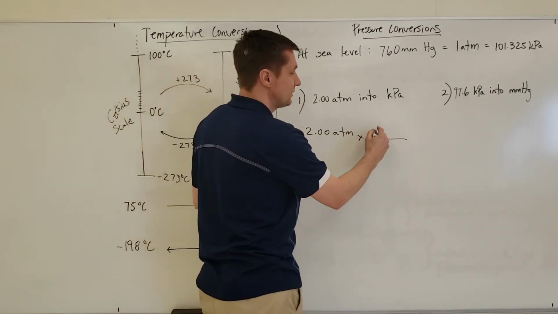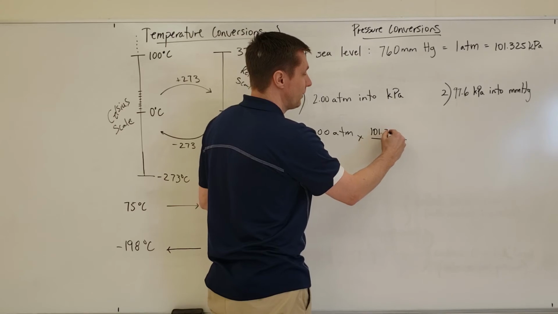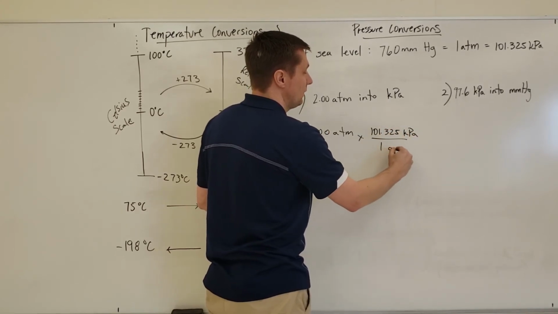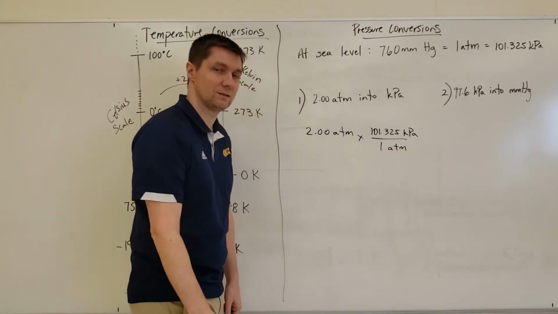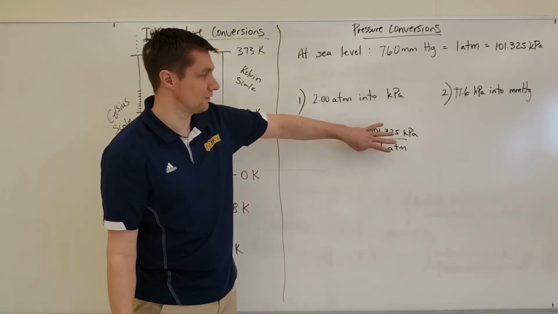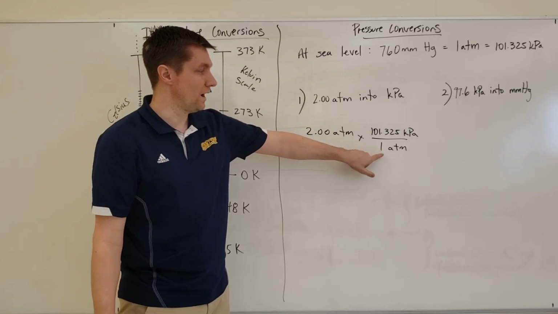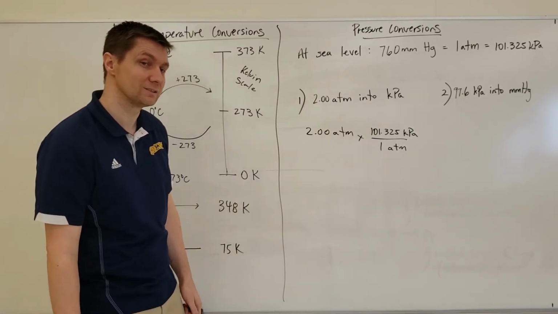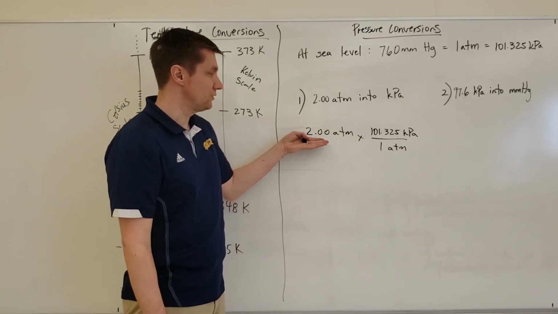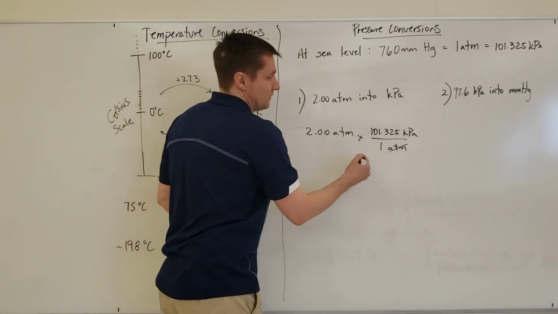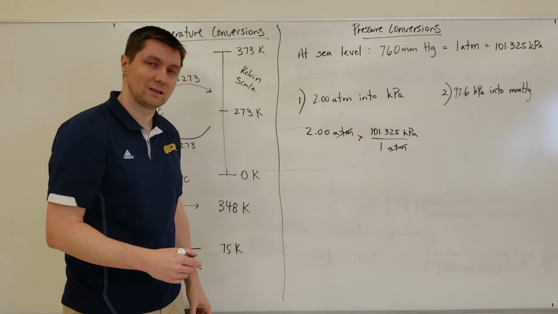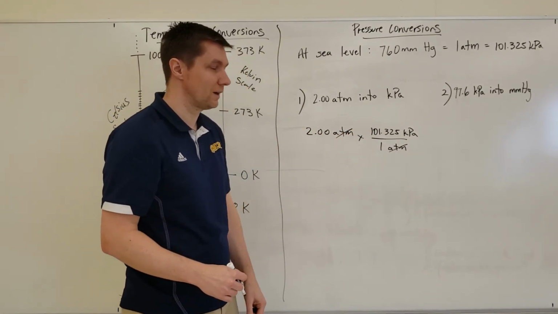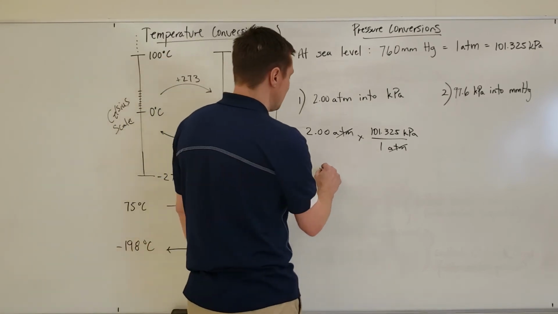So I want to make sure that I'm sticking what I'm looking for on the top, 101.325 kilopascals. And what I'm not looking for, or what I want to cancel out, on the bottom. And this is the conversion factor. I know that for every atmosphere that I have, I'm going to have 101.325 kilopascals. And so if I do the math this way, where I have the atmospheres on the bottom and the top, then that's going to cancel that unit out. And then I just go 2 times 101.325 kilopascals, and that gives me an answer of